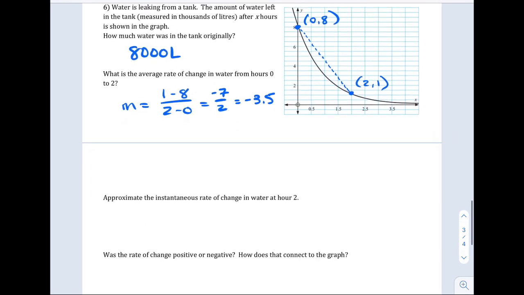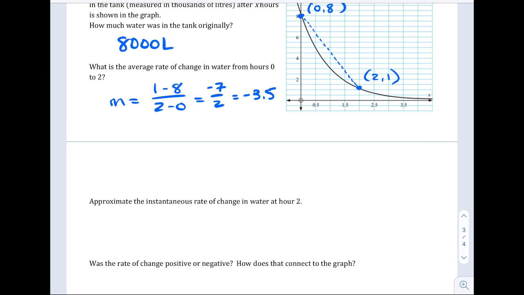So now it says approximate the instantaneous rate of change at 2 hours. So when we find that instantaneous rate of change by not actually doing our calculations, but using a tangent line, maybe tangent line looks something like that. I find some points along the graph, or that line, I guess. Maybe something here looks to be at about,